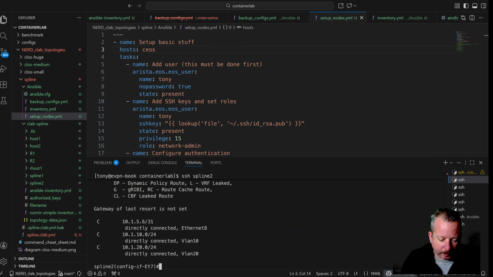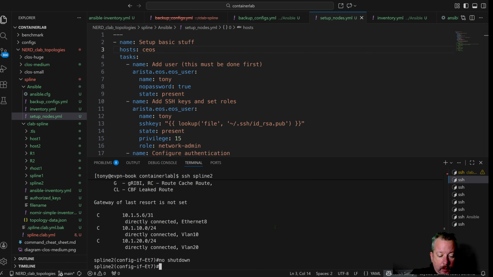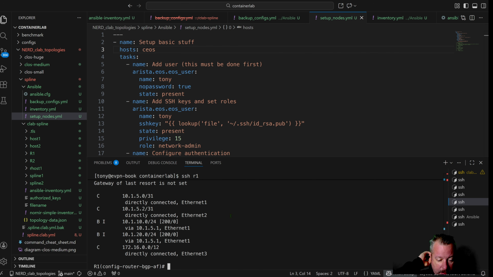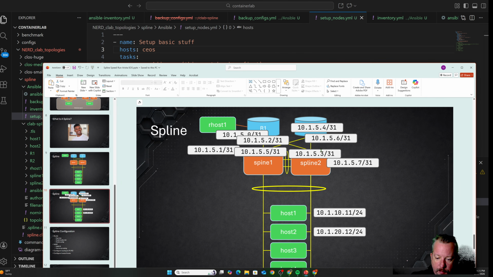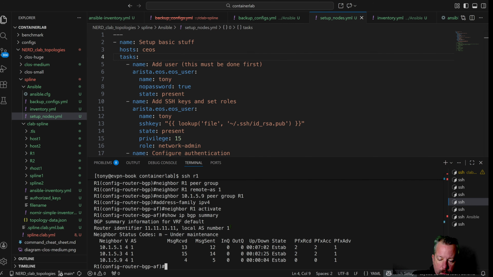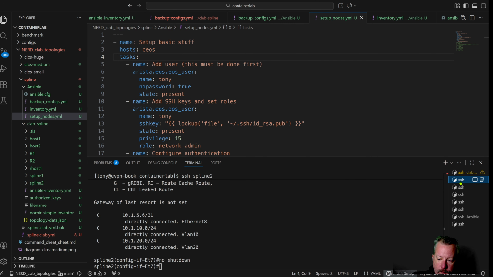I lose connectivity to that entirely. Oh, that's because I didn't connect R1 and R2 together yet. So that's another one I need to connect. So I need to come up with another IP address, 6 and 7. There we go. All right, so I should see from the spline,